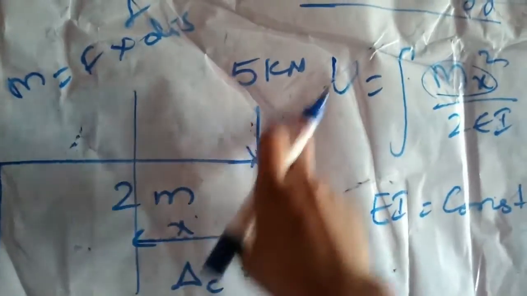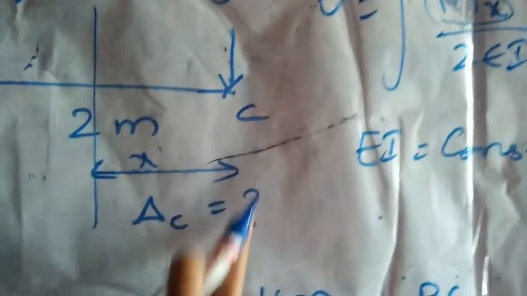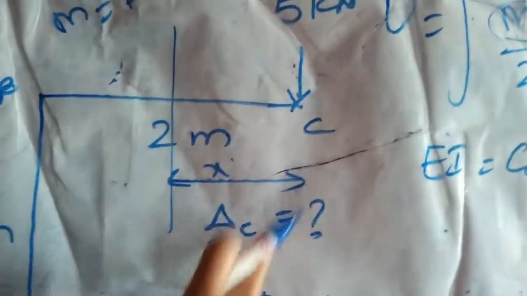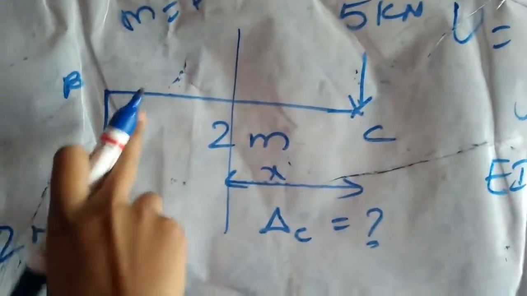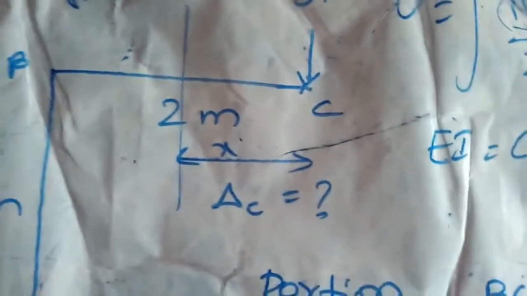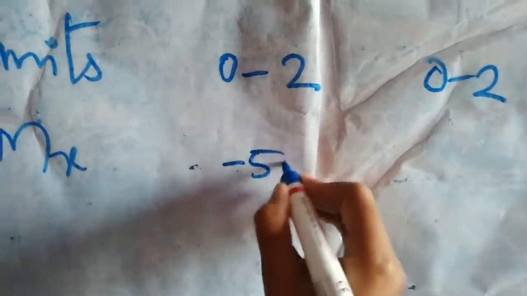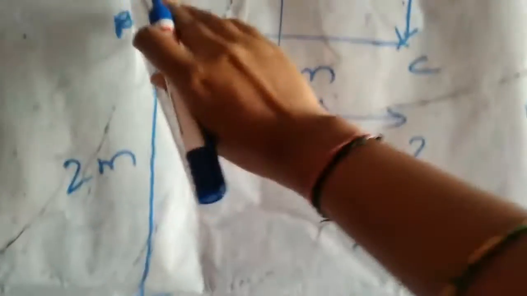So that perpendicular distance here, with the 5 kilonewtons as the load, is x. So it is 5 into x. As it is creating this moment as clockwise, I am taking it as negative, as it is giving you the hogging moment. So this is minus 5x. Then we go to this span.